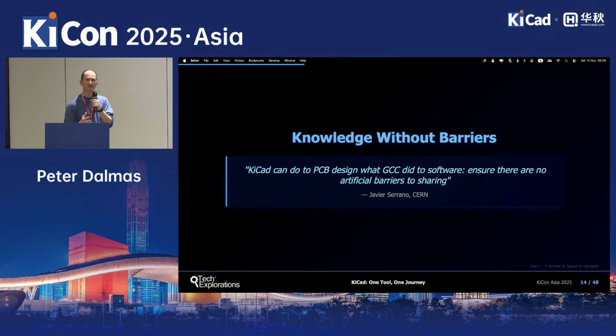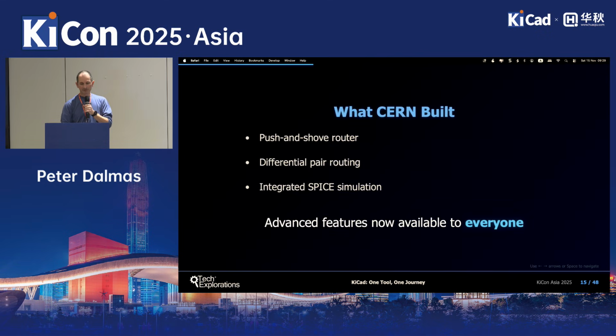And I think a couple of speakers touched on the same topic yesterday. Okay, so I think that no artificial barriers to sharing is key here. Typically, that has to do with licensing fees, locked-in standards, or standards that can't be shared, right? Basically, they lock your work into an ecosystem with artificial barriers around it. So that's what CERN did. But after CERN